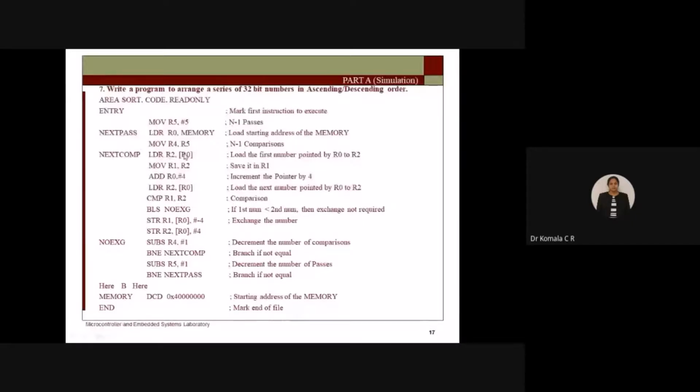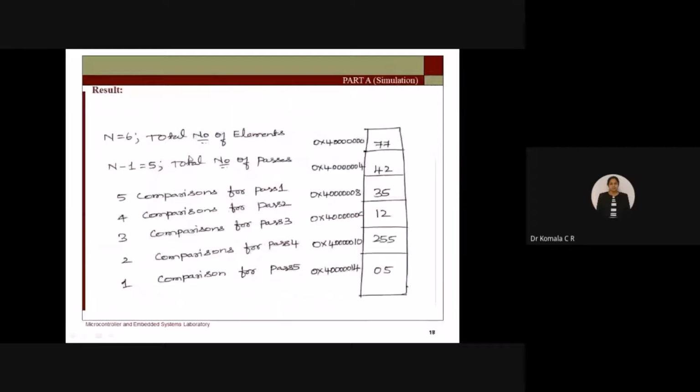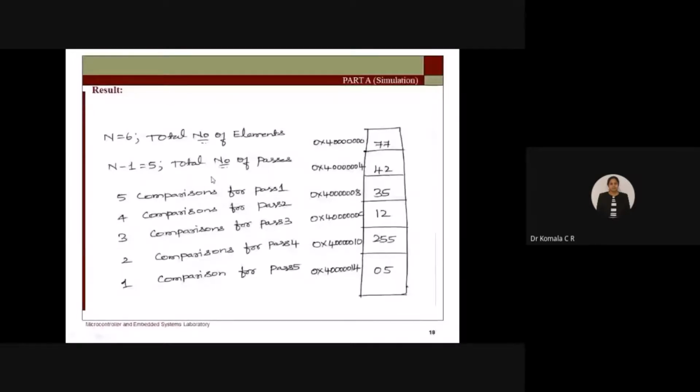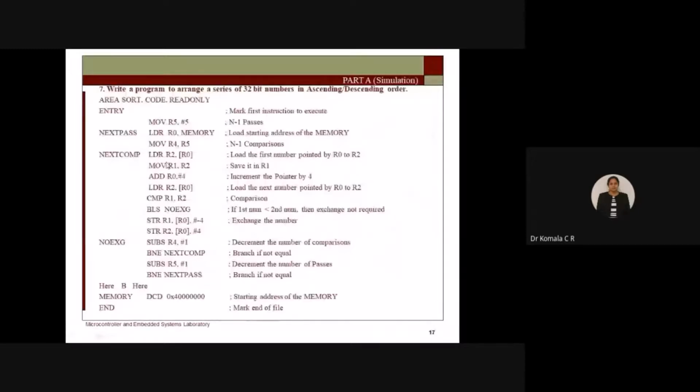I load the content of R0 to R2. Where is R0 pointing now? R0 is pointing to the second cell. I have incremented and come back here, right? For the second cell, what is the number I have here after I swapped it? So I am in this step now. R0, I will load this itself as the first number I take for this comparison. The first number should be 77 and the second number is to be 35 now. So I load 77 to R2, then I will move it to R1. Now again R1 is holding 77. Now to get the next number, I need to move the location from which one?